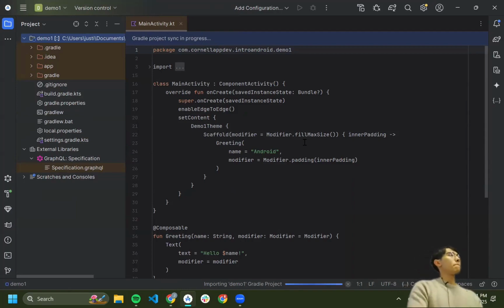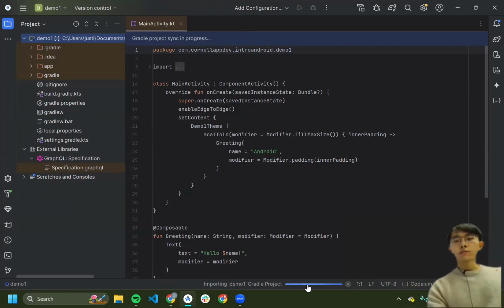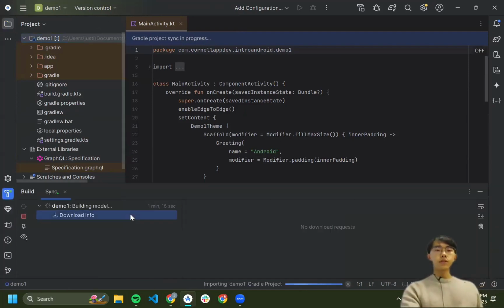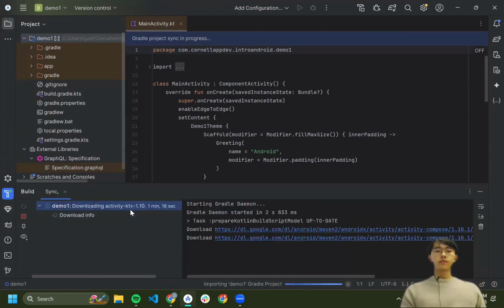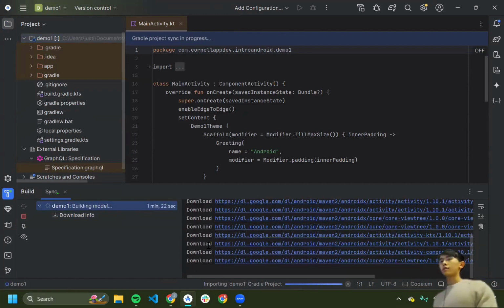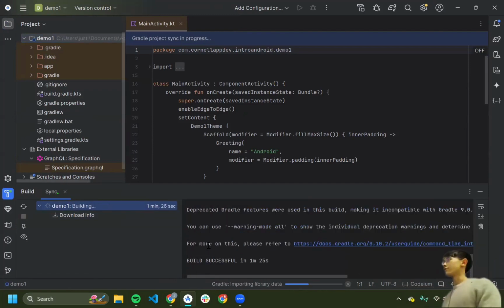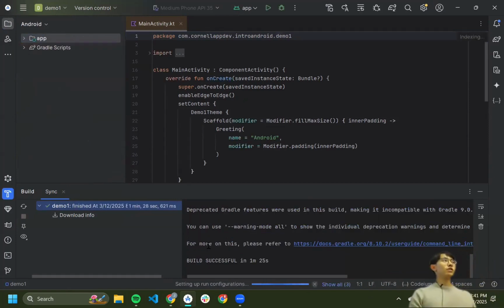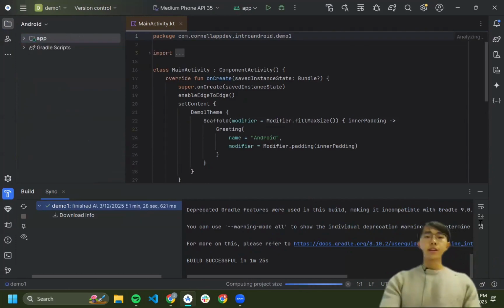How do you know? Oh, this little progress bar here is the Gradle progress. And if you click this little hammer icon, it'll open up a window for it. Currently it looks like it's downloading some stuff. So depending on your specs for your laptop and whatnot, this may take a while. So hopefully it doesn't take too long. It took me 1 minute and 25 seconds, so I guess you can benchmark how fast your laptop is compared to mine.